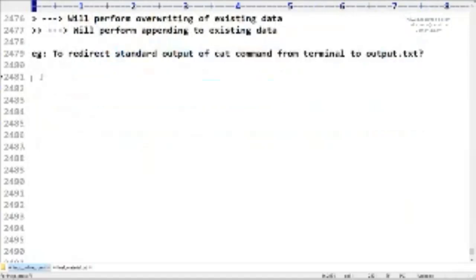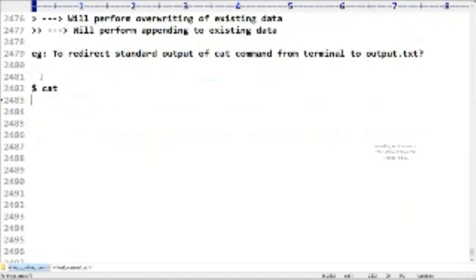How can you do that, sir? Sir, here I have one small doubt. If I use cat, I'm not providing any argument. Now observe carefully, I'm not providing any argument. It's always going to take input from the standard input device, which is nothing but the keyboard. It's always going to produce output to the standard output device. Standard output device is nothing but what? Terminal. Okay, standard output device is nothing but the terminal.